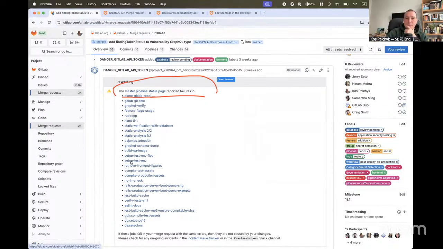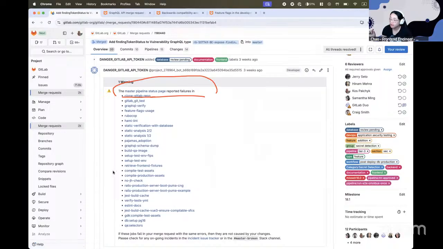Yeah, it's important if the MR is under review, and each time the pipeline runs, this gets updated. So if your pipeline failed, you can see, hey, these are the things that have already failed. Obviously you can go to that check, but I use it when I look at it. When you're a contributor or a maintainer, an author,